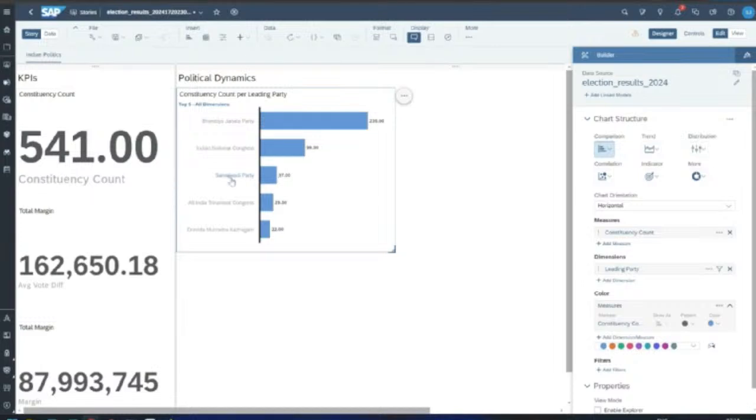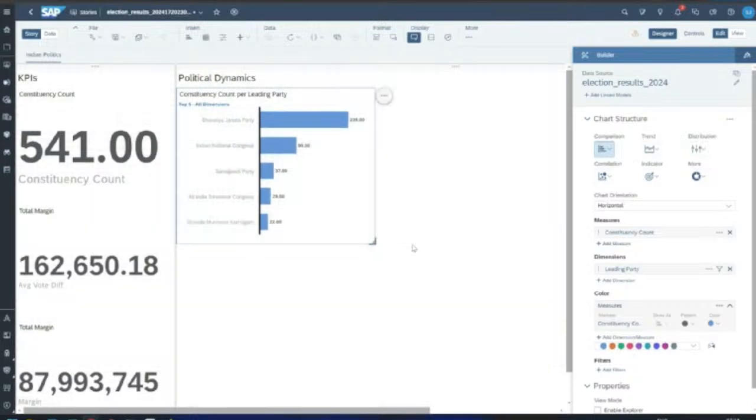Congress 99, Samajwadi Party 37, Trinamool Congress 29, and this party 22 seats they have won in the Lok Sabha election, and the result was declared. So this was clearly a majority for the NDA alliance.